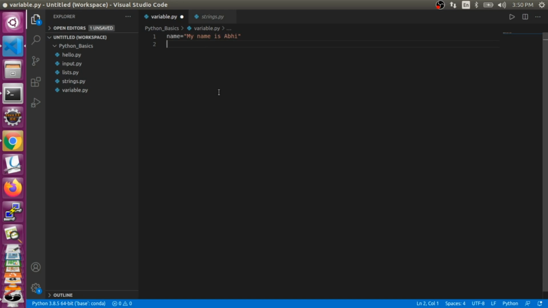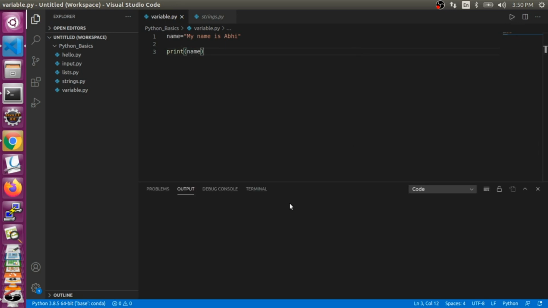Okay, so now we are going to access it from another line. For example, we just have to print what is inside the name. Okay, so just name, and when I use this it will just print this text. So we will save it and I will run the code,